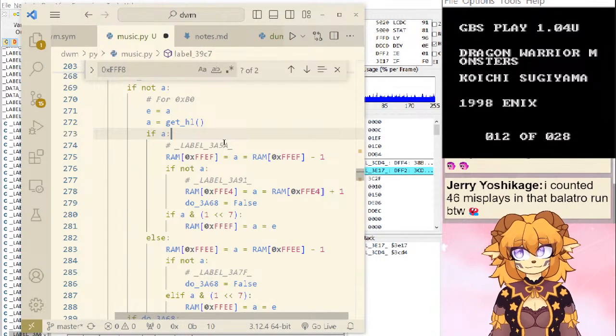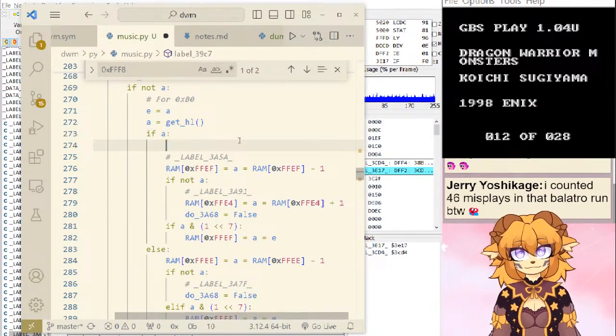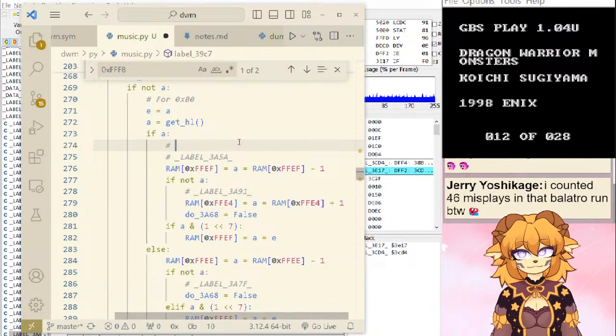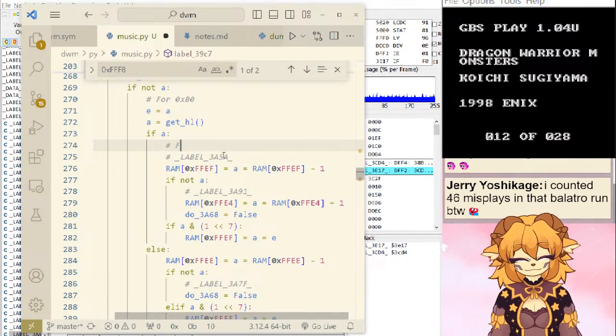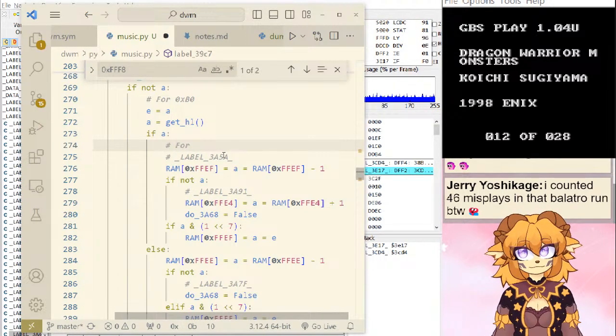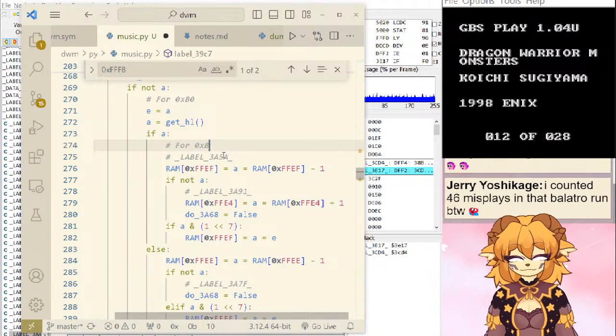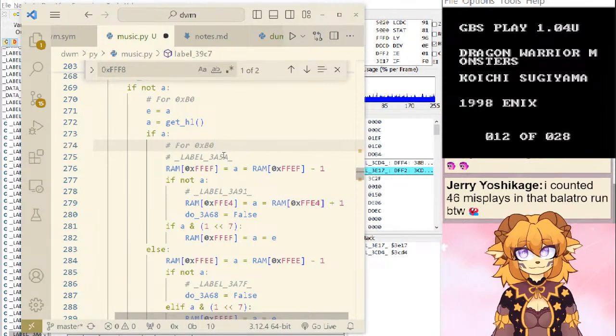Maybe I can have multiple loop points, but I'll check in a sec. Let's see. So for B0.